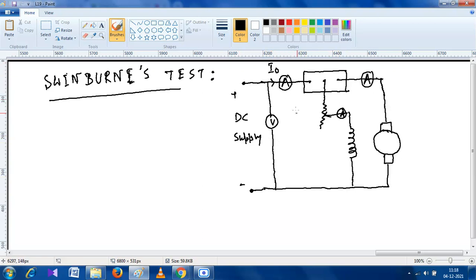मान लीजिए हम एक मोटर को नो लोड में रन करा रहे हैं, तो क्या होगा तब? इस टेस्ट में हम एक मशीन को नो लोड में रन करा रहे हैं। अगर नो लोड में रन करेगा तो मोटर ज़्यादा पावर लेगा कि कम पावर लेगा? कम पावर लेगा, कम करंट लेगा। तो ये टेस्ट इकोनॉमिकल है। कम पावर लेगा तो इकोनॉमिकल होगा ना।